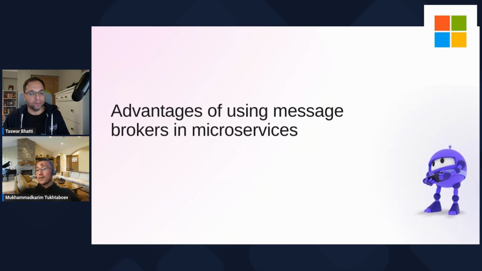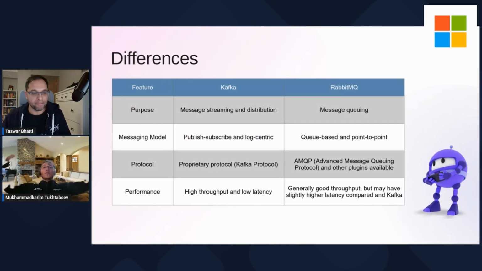This is like TCP and UDP protocols, right? Let me explain the difference between Kafka and RabbitMQ. You can see on my screen the difference between them. Kafka provides message streaming and distribution, and RabbitMQ provides message queuing. I mean, RabbitMQ is reliable. It can help to get all of the data one by one inside of the queue. Kafka can help to